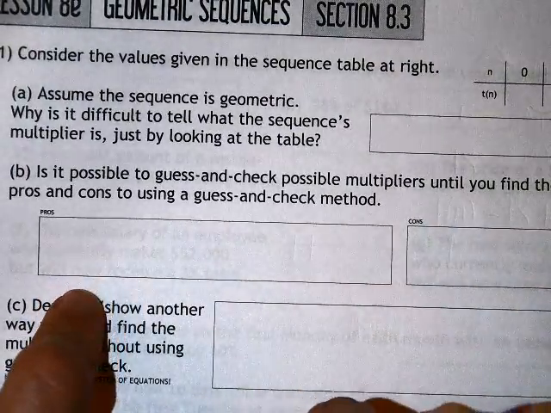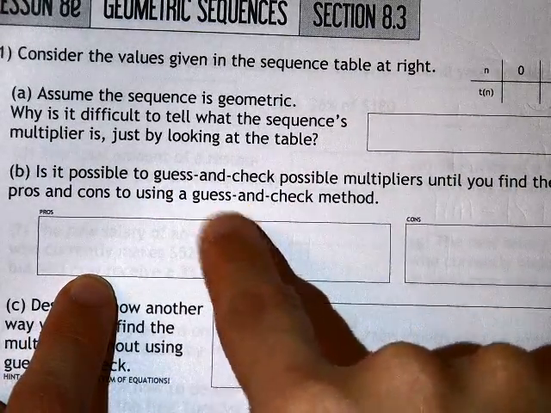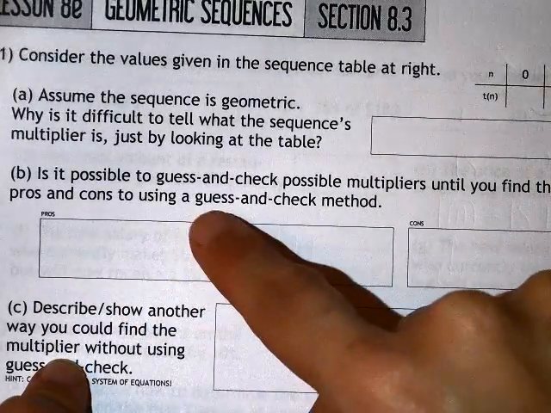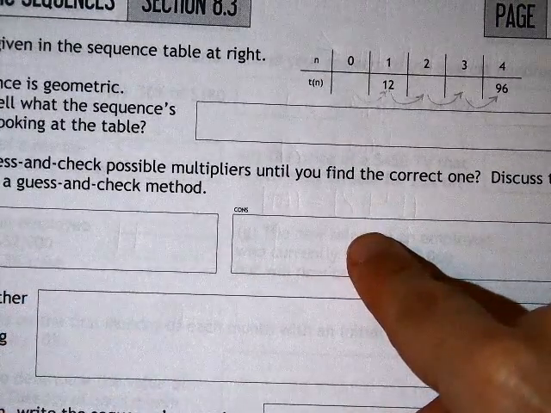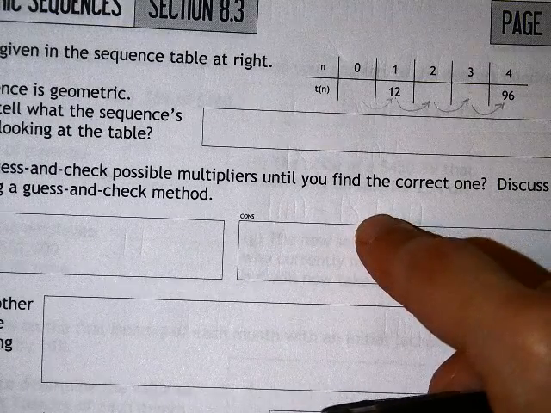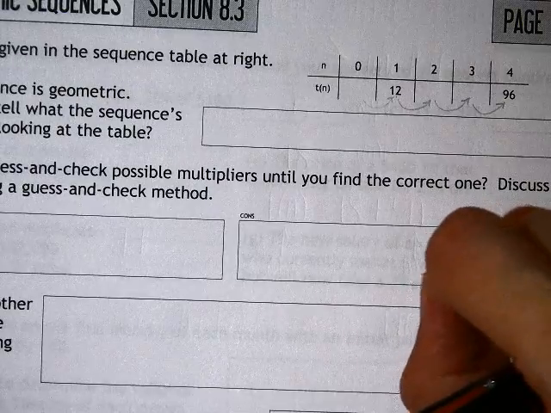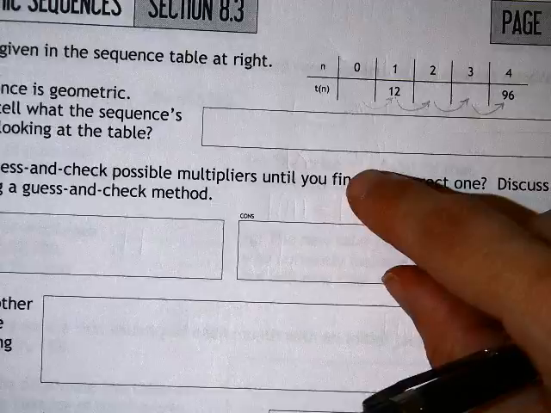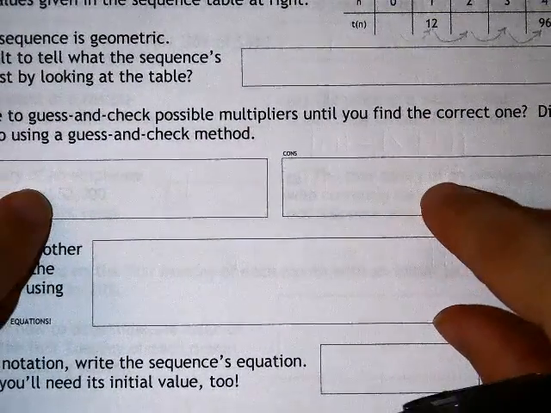If you're a really good guesser, then everything might be a pro. Guess and check is easy for you. You have a calculator. Your brain is wired that way. You might have lots of pros that you can list as reasons why you want to try this problem with guess and check. Cons would probably be for people who maybe don't have the patience for guess and check, or they don't have a calculator, or they don't know efficient ways of guessing and checking, so they just end up getting easily frustrated. And some people just don't like guessing. They just like to do algebra. So you have to think for your own self about the pros and the cons.